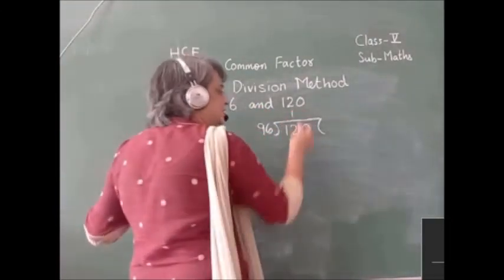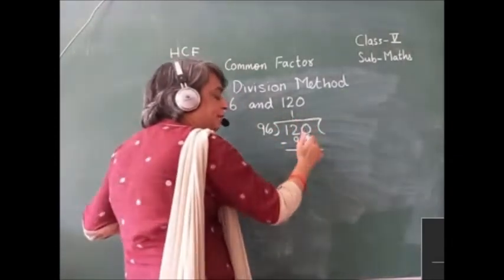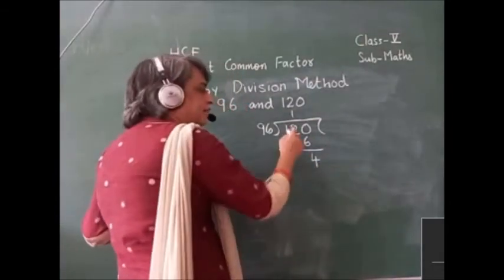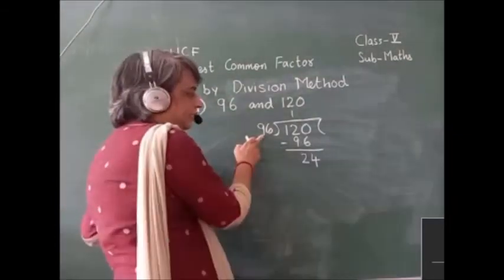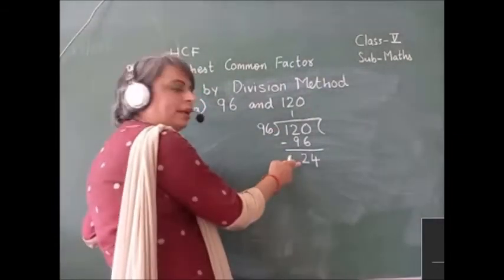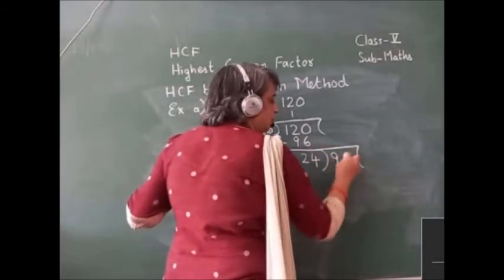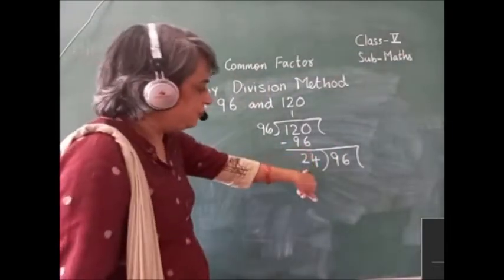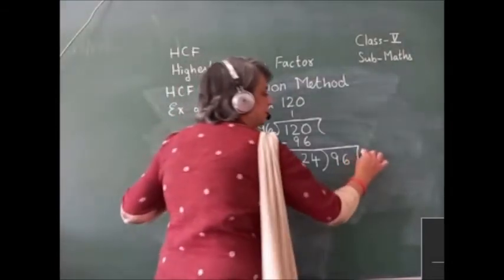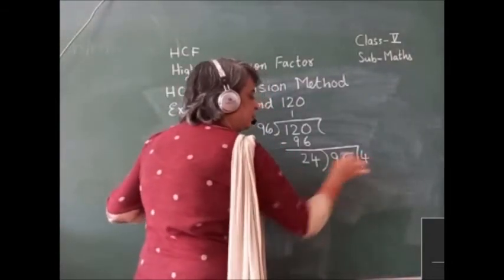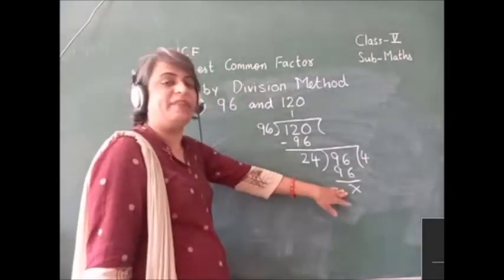So, 96 1s are 96, divided. Subtract both the numbers. 10 minus 6 is 4 and 11 minus 9 is 2. 24. Now you are going to check between 96 and 24, which is the smaller number. So 24 is going to become your divisor and 96 is going to become your dividend. Now in 24's table you are going to check when 96 is coming. So 24 4s are 96. 4 4s are 16, 4 2s are 8, 8 plus 1 is 9. So this is cancelled here only. Now we are not left with any remainder.